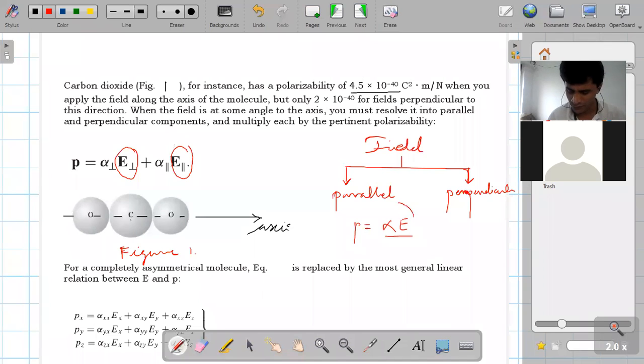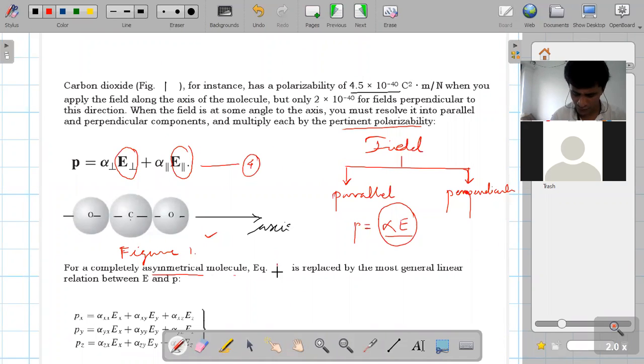And therefore, we will divide alpha into 2 parts. One is parallel and another one is what? Perpendicular. And therefore, your total dipole moment can be written as along the parallel as well as perpendicular, and therefore you will get one more equation. That is equation number. And for completely asymmetric molecule,